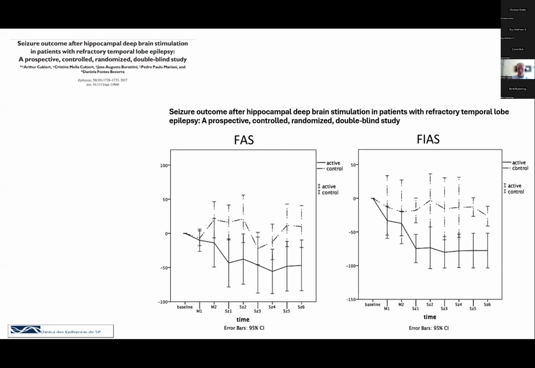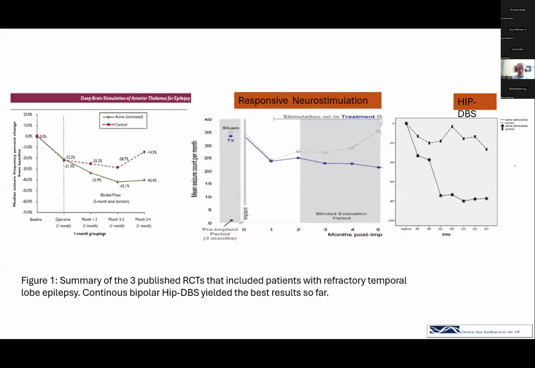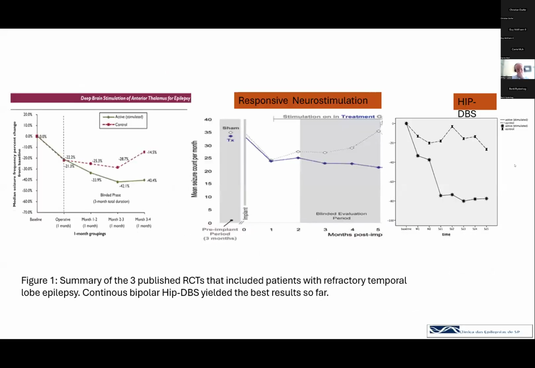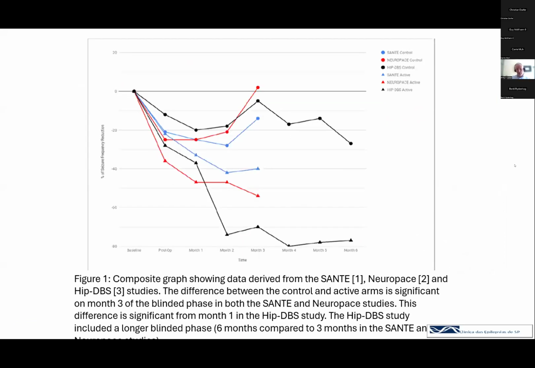It is effective in focal aware seizures, but as you see, focal aware seizures seem to be more resistant to seizure control with stimulation, which is also true for resection, because sometimes you do a resection and the patient remains with some auras. These focal aware seizures seem to be more resistant to everything. And if you put the 3 double-blind studies together, you're going to see that hippocampal DBS appears to offer earlier and more robust seizure control than both ANT and